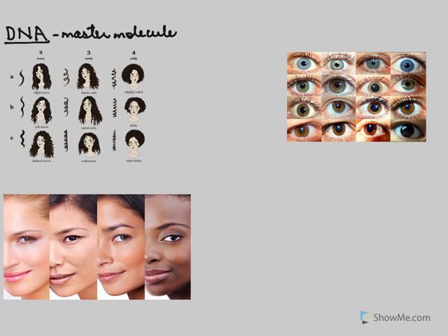In the first picture, we have girls having different types of hair. This is wavy hair. This girl has got curly hair. This is coiled hair, which is even more curly. Or sometimes you may have girls who've got absolutely straight hair. Now, this difference in hair is because each of them has a different protein. Their hair is made up of different proteins, and hence they have different types of hair.